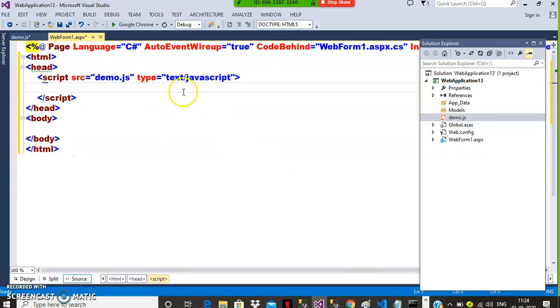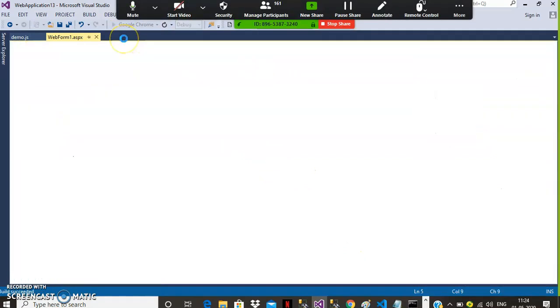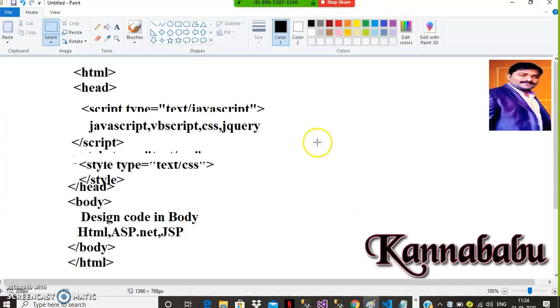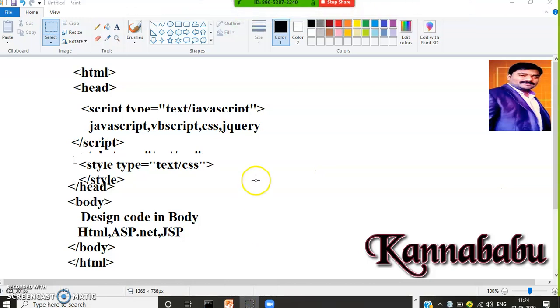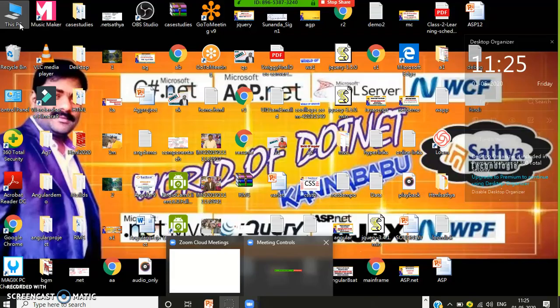So you can write the JavaScript program in two ways. One is you can directly write the JavaScript code inside HTML, or another one is you can write the JavaScript program in a separate file and import that particular program within your HTML program. See, I got the output: Welcome to JavaScript. Did you understand what I'm telling everyone? We can write the JavaScript code in two ways. One is directly in HTML. The other is you can write the JavaScript code in a separate file and import that JavaScript program within your HTML.